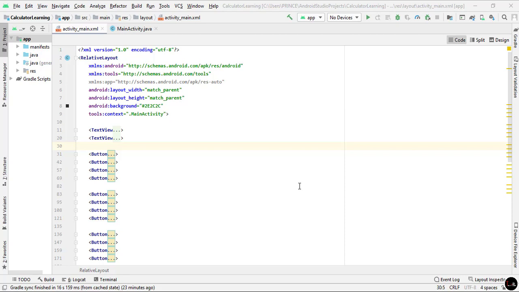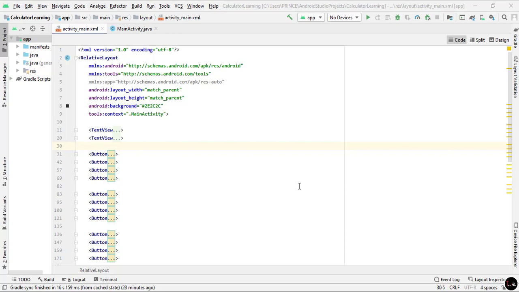This is the second part of the video where we design the calculator in Android Studio. So if someone watches the second part directly, then first I recommend watching the first part. I give the link of the video of the first part in the I button. You may know or not, in the first part we designed the UI of our calculator, and in the second part we have to write the Java code.